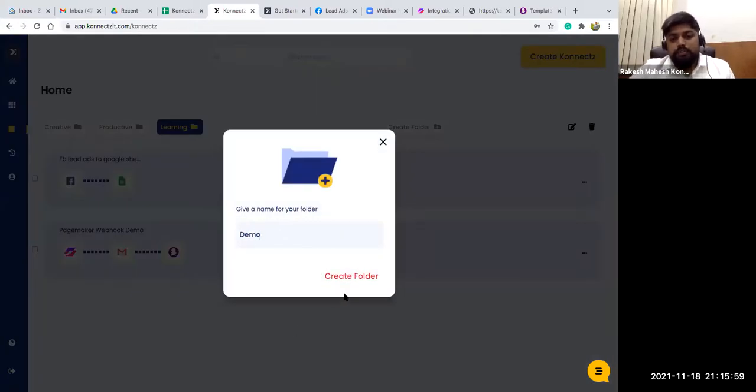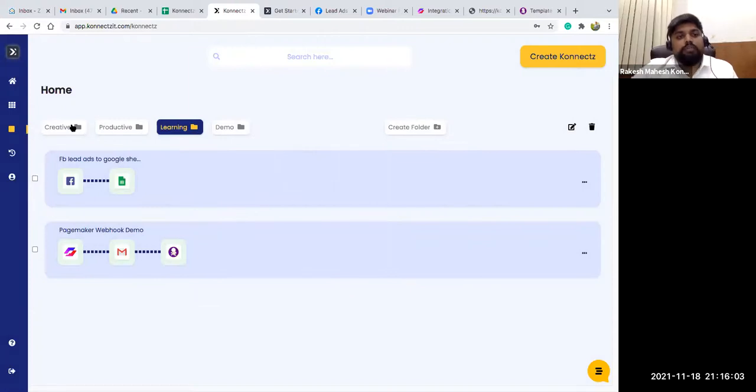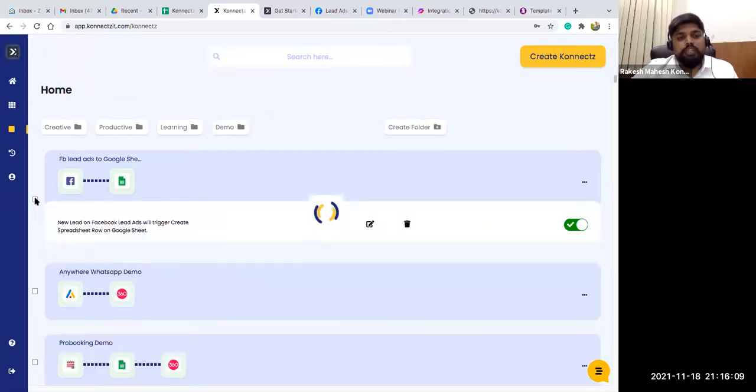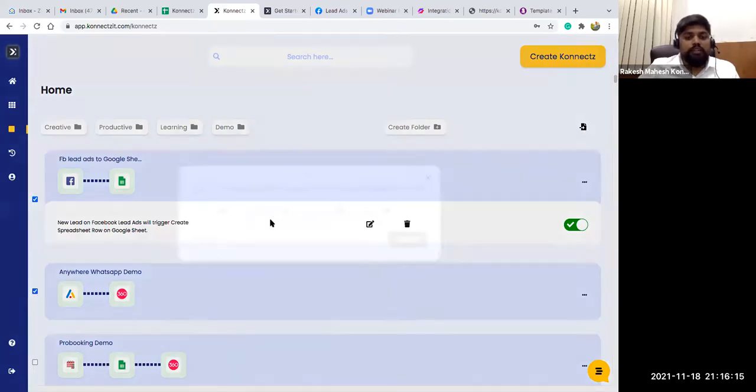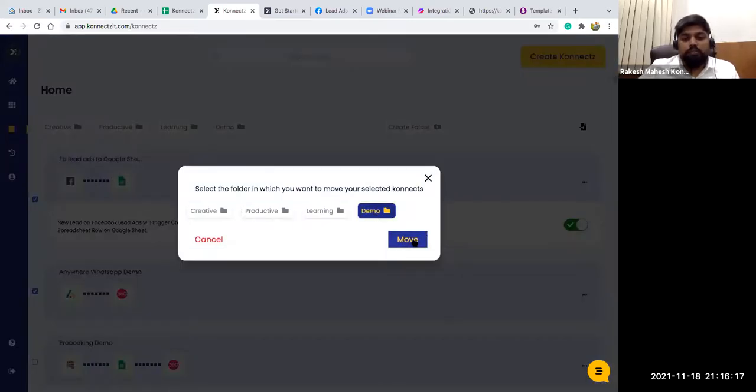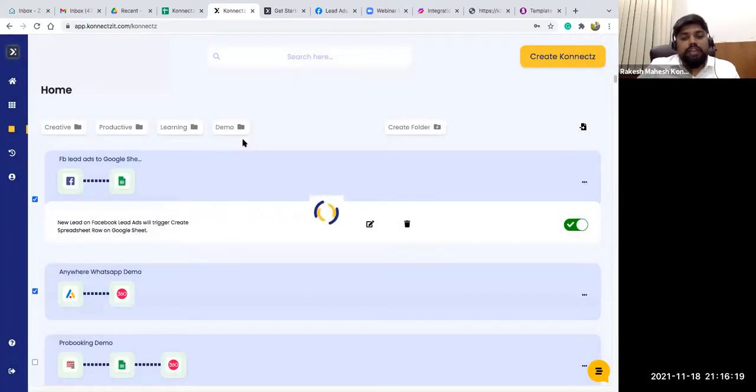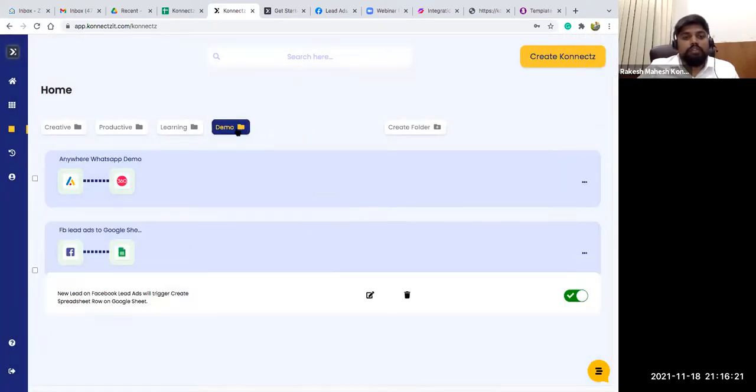So like this, create a folder, and you can move whichever connects you just built. Right now I just built a connect, so I can select multiple connects and move them to this particular folder. So you can see I just moved it to demo. So basically you can organize all your connects.